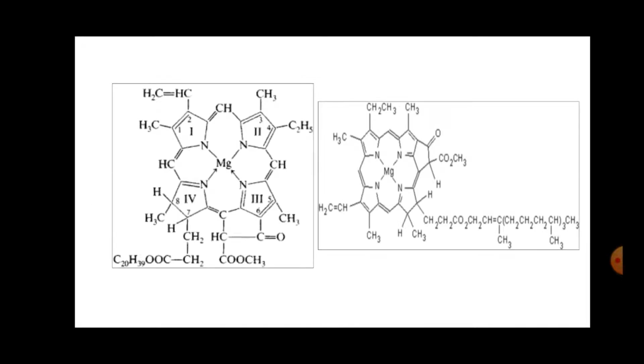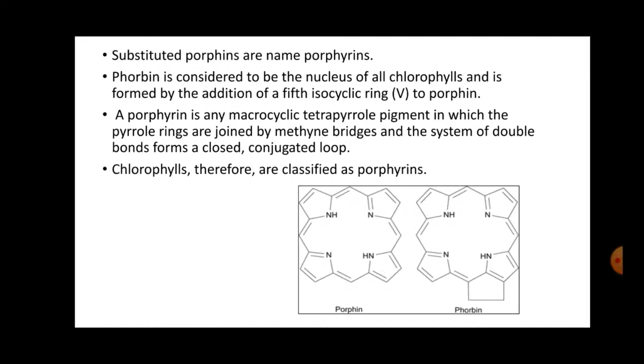Here is a detailed structure of chlorophyll containing magnesium as the centrally located atom and containing 4 pyrrole rings. When porphyrins are substituted, they are named as porphyrins. Phorbin is considered to be the nucleus of chlorophyll and is formed by the addition of a fifth isocyclic ring to